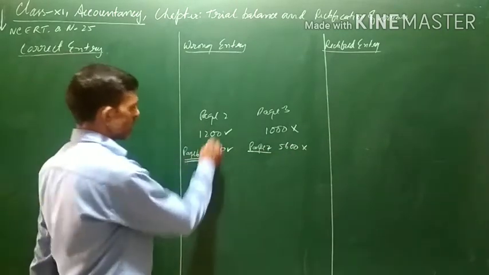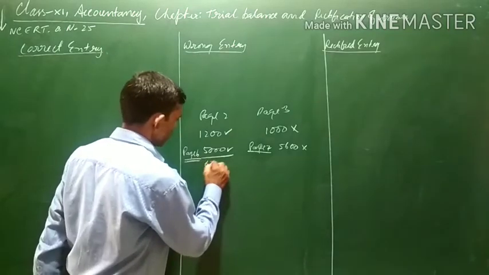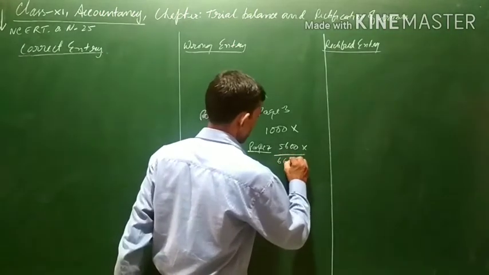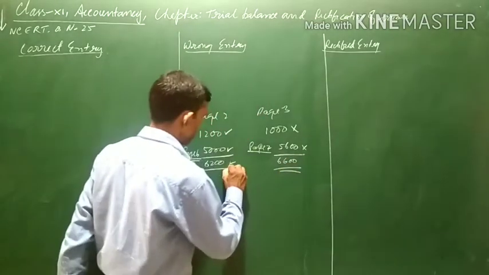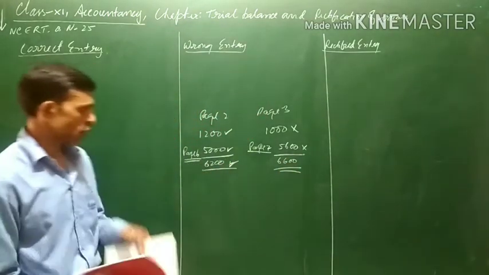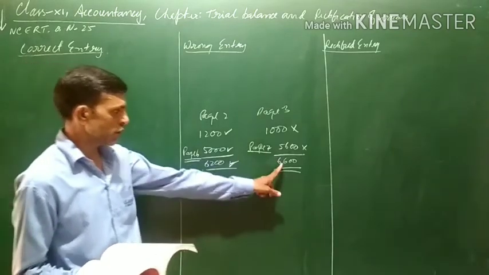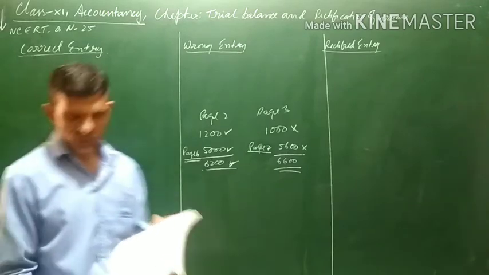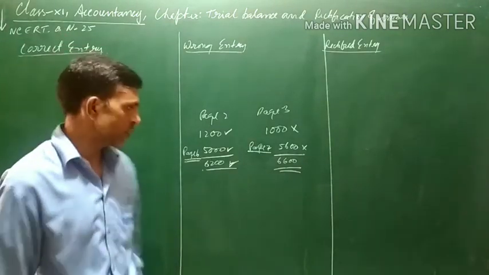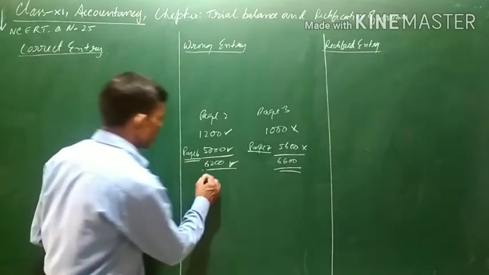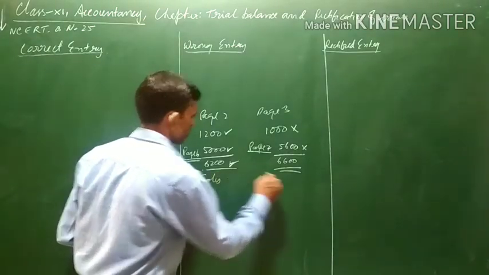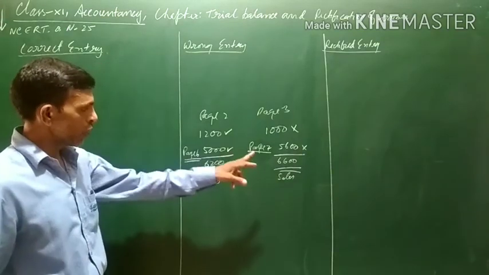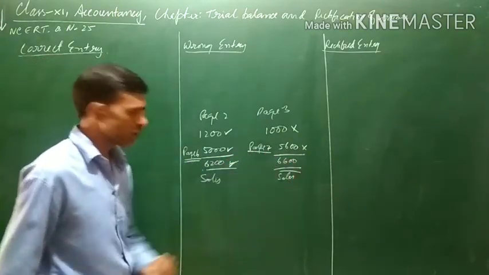Now you can see this is the correct one, 6200, and the wrong is 6600. Actually, the total of 6200 should have been written. Instead of that, what has been written is 6600. Now, as you know, this is with regard to sales. This is actually the sales. Instead of 6200, it has been written as 6600.